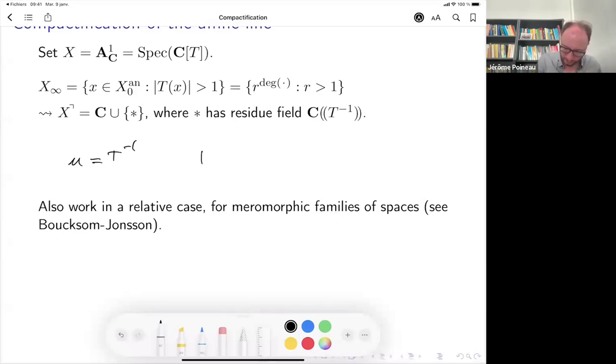So you start with some puncture disk. Okay, so this is a puncture disk, D01 with 0 removed.